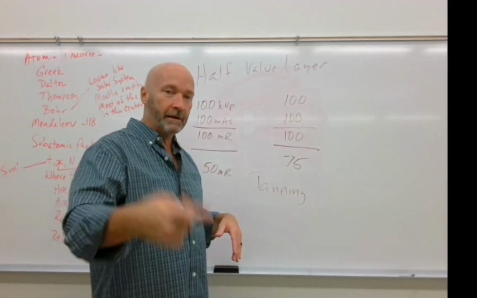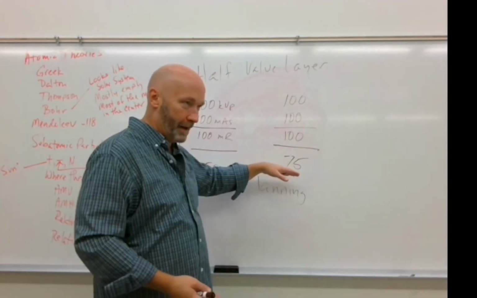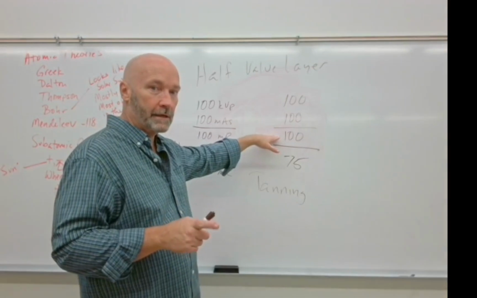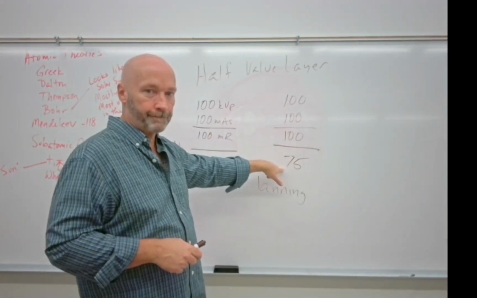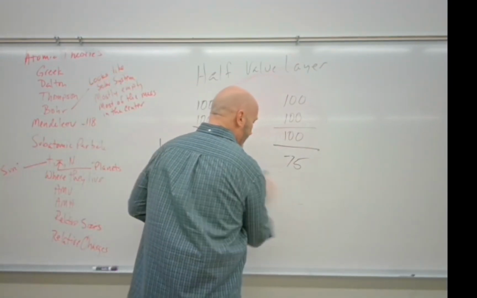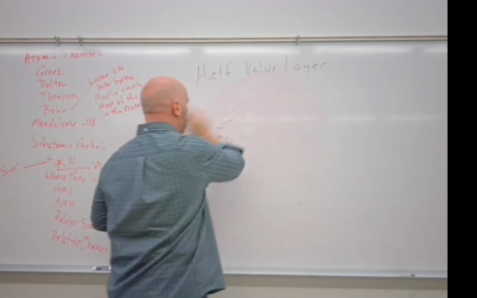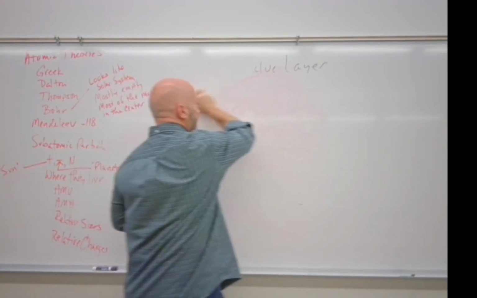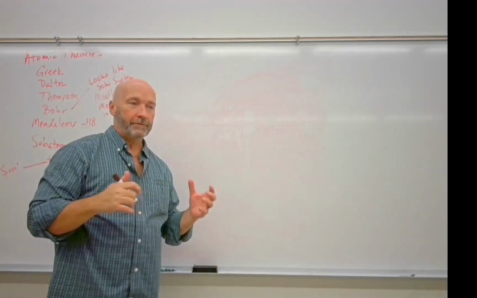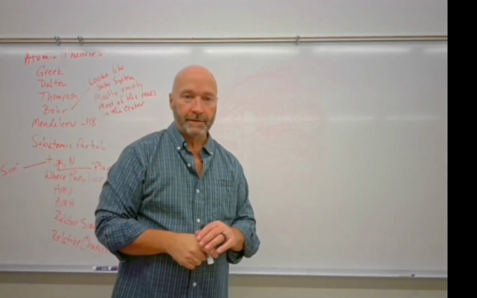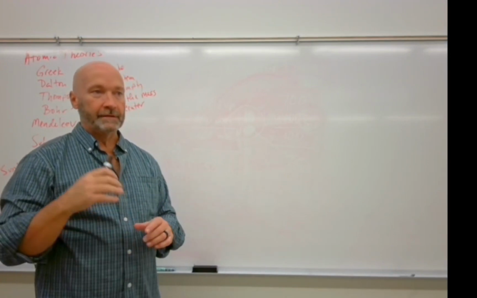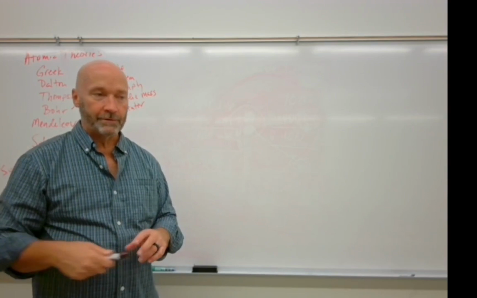So you do that year after year after year, and what you get is a better filtered X-ray beam that still puts out the same number of photons, but they're better photons. All right? So that's what we refer to as half value layer. Half value layer is the diagnostic equivalent to what we refer to as radioactive half-life. Radioactive half-life is where we have a quantity of radioactive material, and we measure how long it takes for that material to disintegrate to about half of its original value.